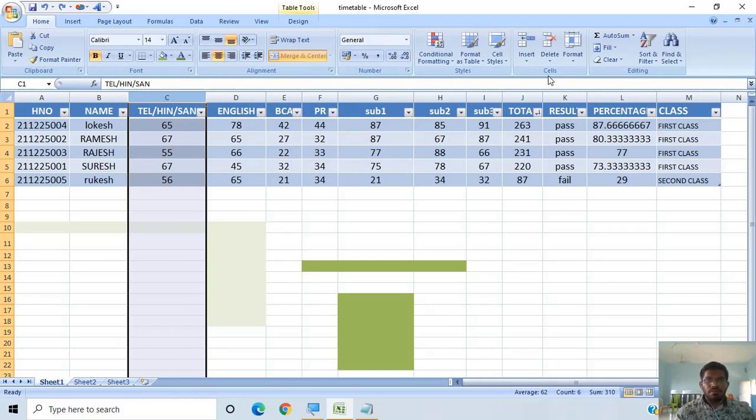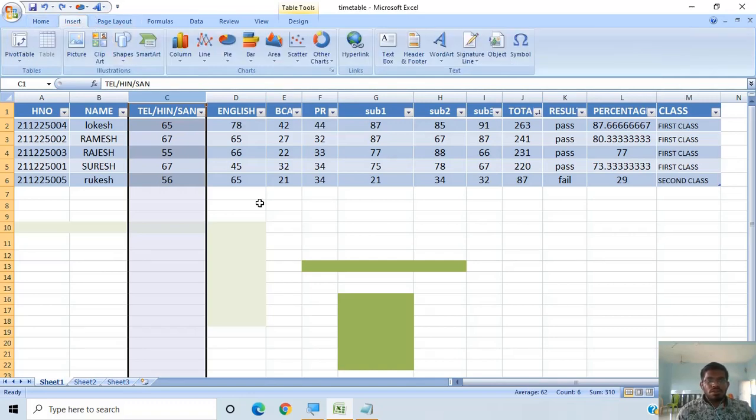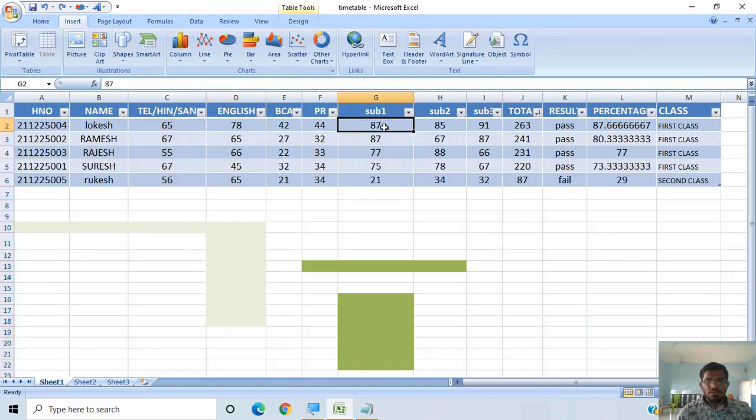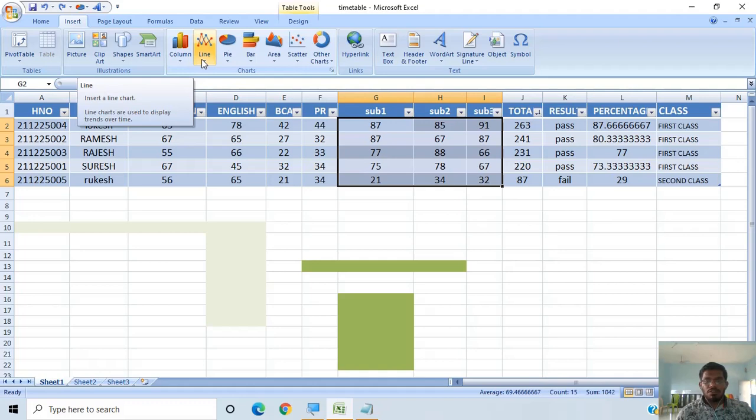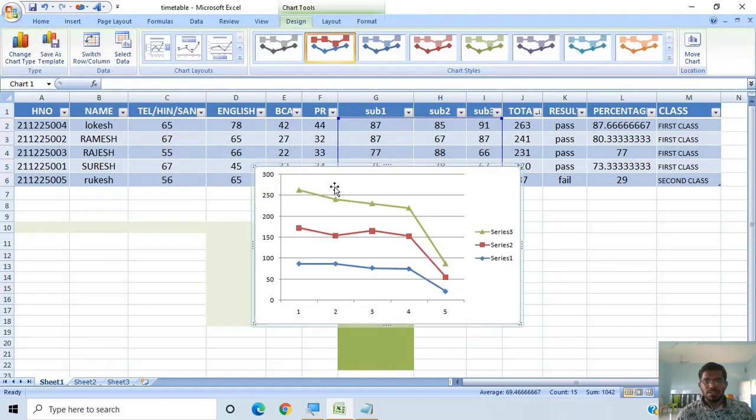Okay, and the next one. Here, this is the data, I have selected the data of 3 subjects. For this I want to design charts. That means I want to see them in the form of charts. You are already aware of charts. While you are watching or listening to the news, to display the Bombay Stock Exchange values, that means Sensex values, they will show them in the form of lines like this.